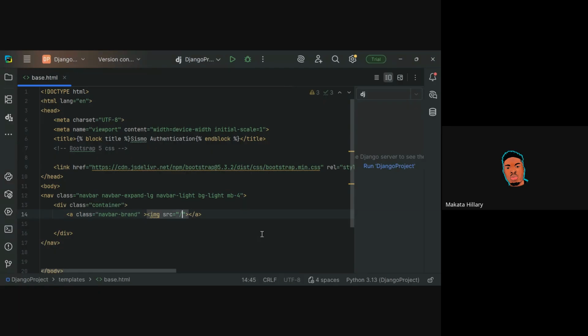After creating your static folder, all you have to do here is type static, which is the folder that holds your custom CSS, JavaScript, and images. Static slash images, depending on what you named your path, slash logo,